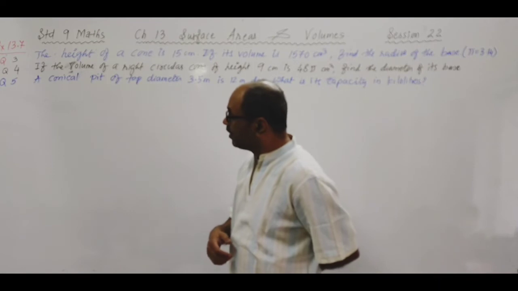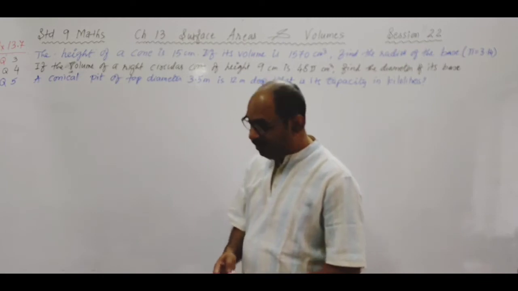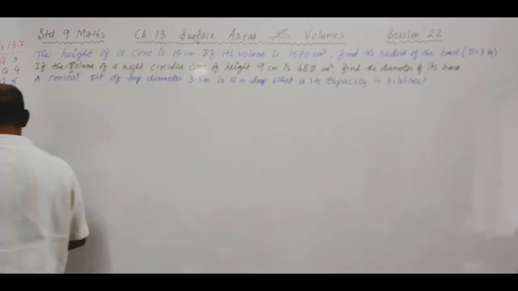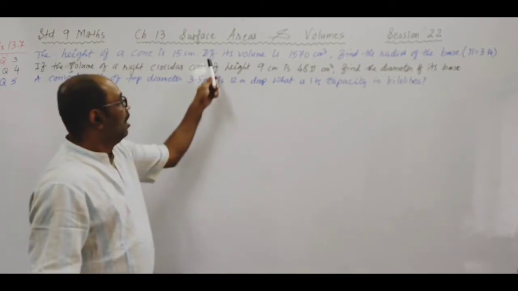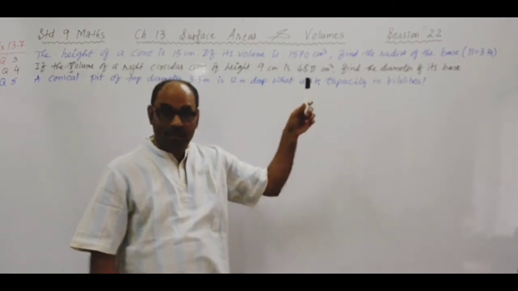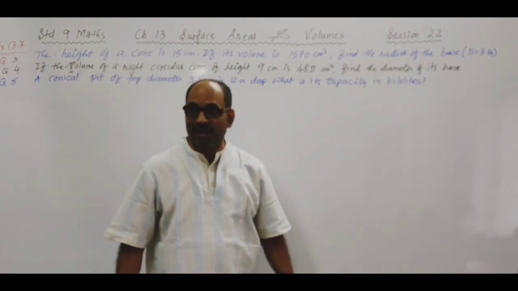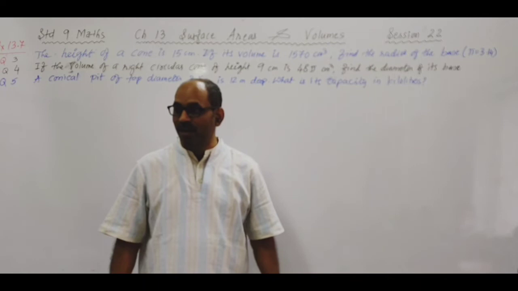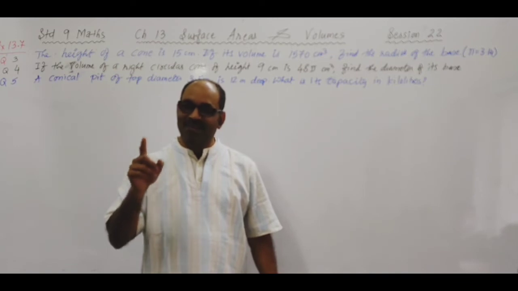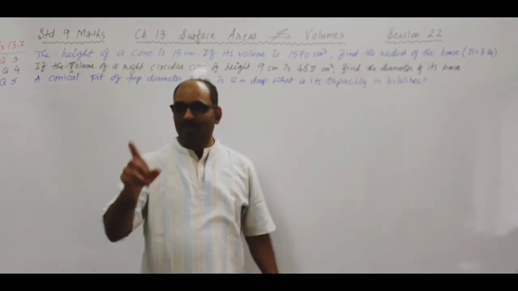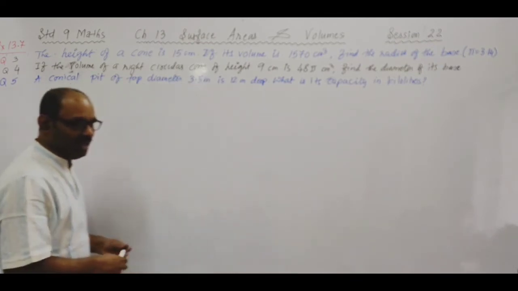So I'll start with the third one. Third, fourth, and fifth are the sums that we are going to see. Fine. Let's read the third one. Are you ready? Yes. The height of a cone is 15 centimeter. If its volume is 1570 centimeter cube, find the radius of the base and take pi is equal to 3.14. So volume it's already given. You don't have to find, but still whatever you have to find, the radius. आपको प्रोसीजर वॉल्यूम की करनी पड़ेगी.